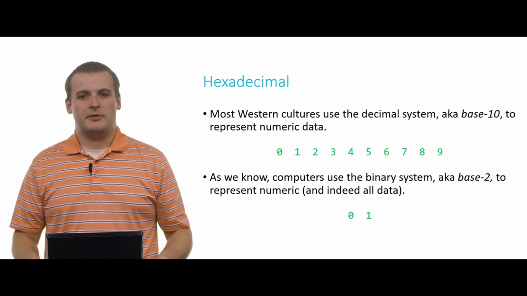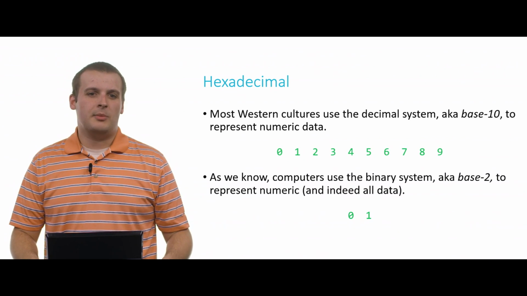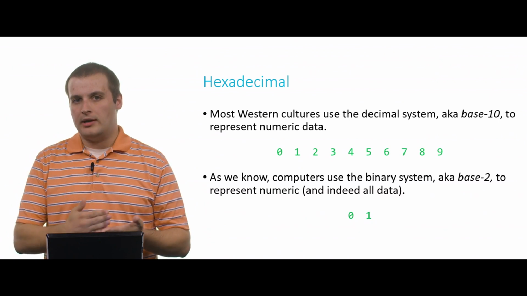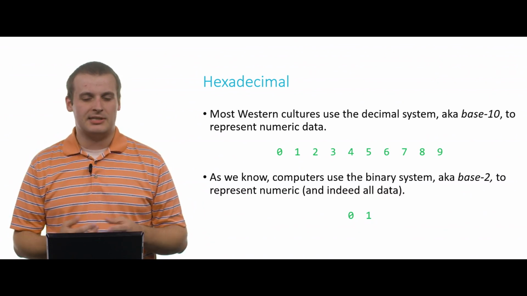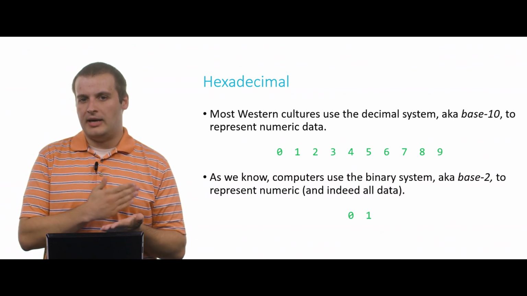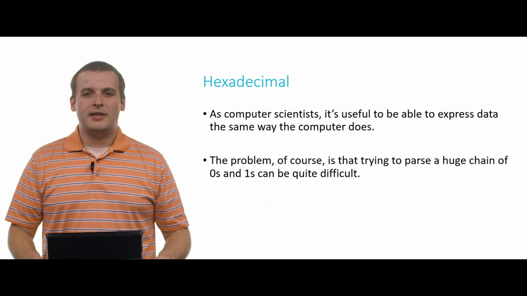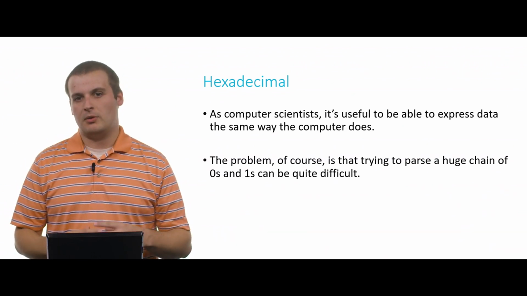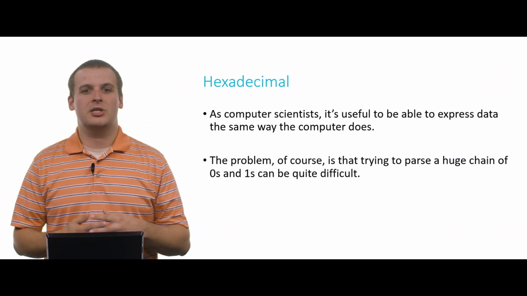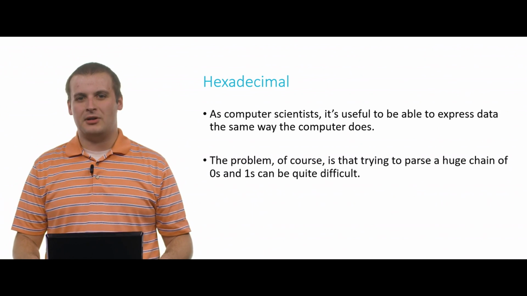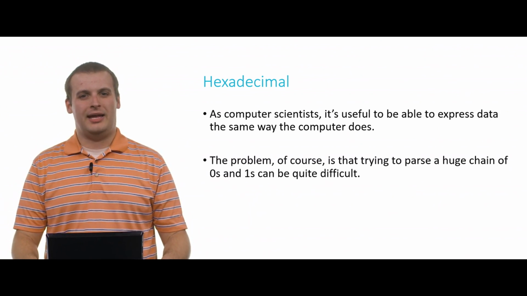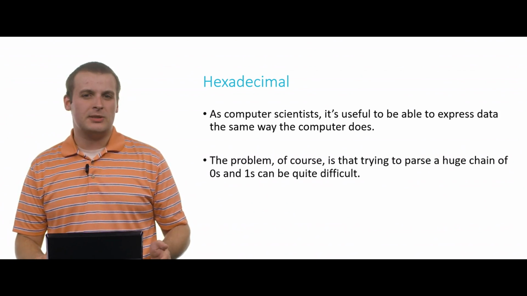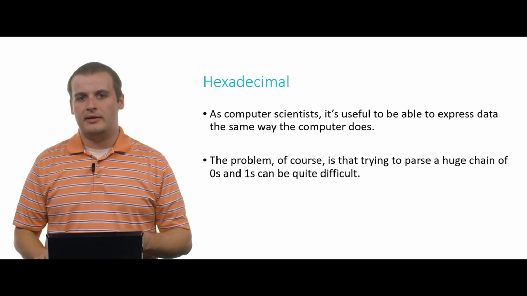Computers do something pretty similar, as you're probably familiar, with the binary system, base 2, the difference there being that there are only 2 digits to work with, 0 and 1, and so our place values, instead of being 1, 10, 100, 1,000, as they would be in the decimal system, are 1, 2, 4, 8, and so on. Here's the thing, though. Especially if we're being computer scientists and we're doing a lot of programming, or we're working with computers, we're going to be seeing a lot of binary numbers. And those zeros and ones in large chains can be very difficult to parse, right? We can't just look at a string of zeros and ones and necessarily know exactly what it is. But it's still useful to be able to express data in the same way that a computer does.